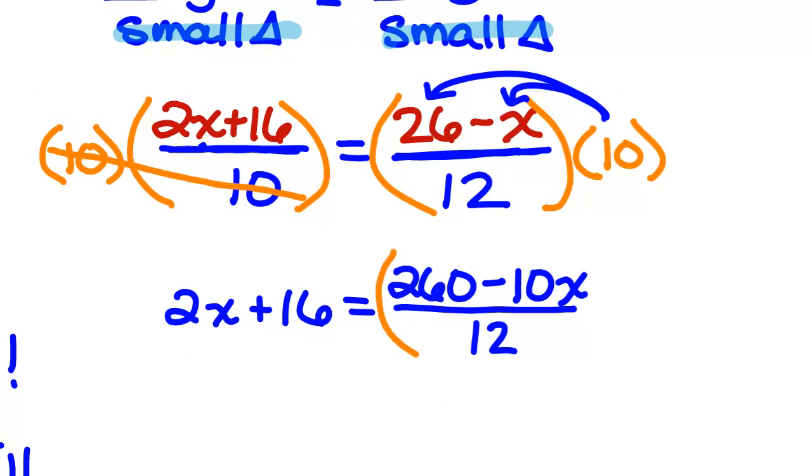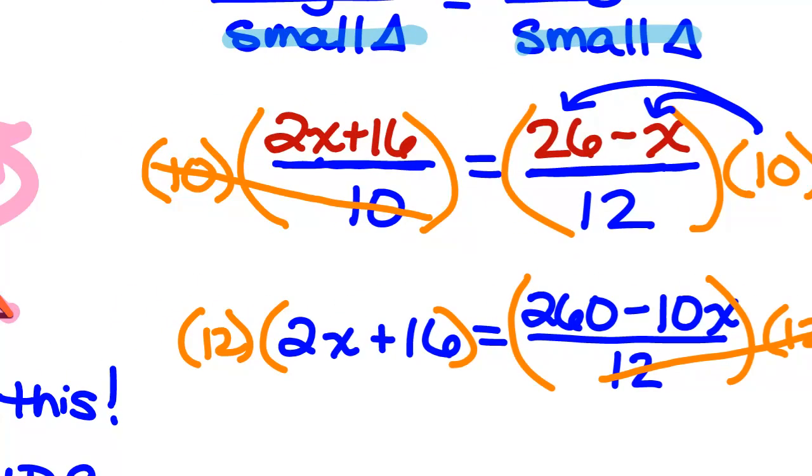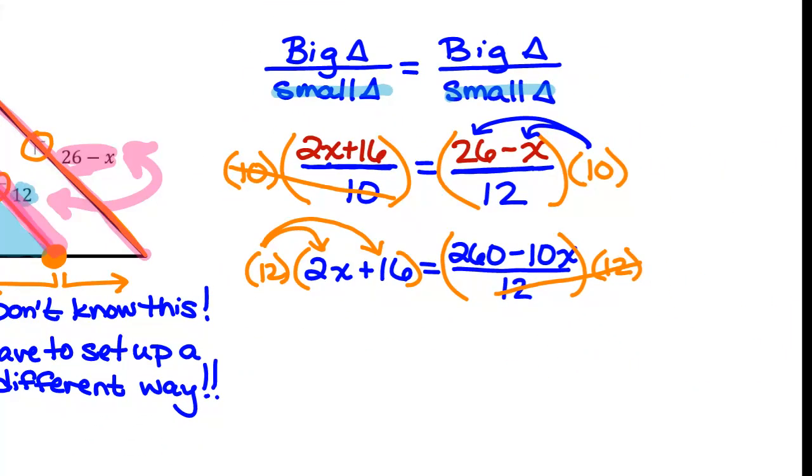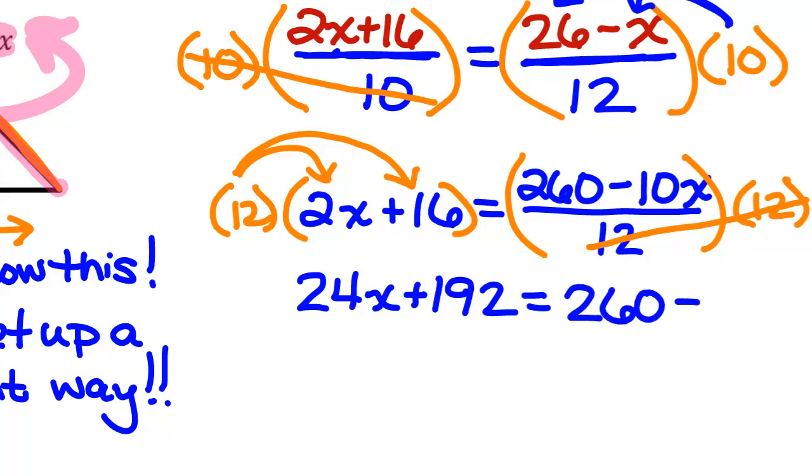Now we'll get rid of our denominator of 12. So I'm going to multiply both sides by 12. Make sure you're putting parentheses around everybody. Super important that you put those parentheses around everybody. 12 distributes to both the 2x and to the 16. What is 12 times 2x? 24x. Plus, what's 12 times 16? 192. So 24x plus 192 equals 260